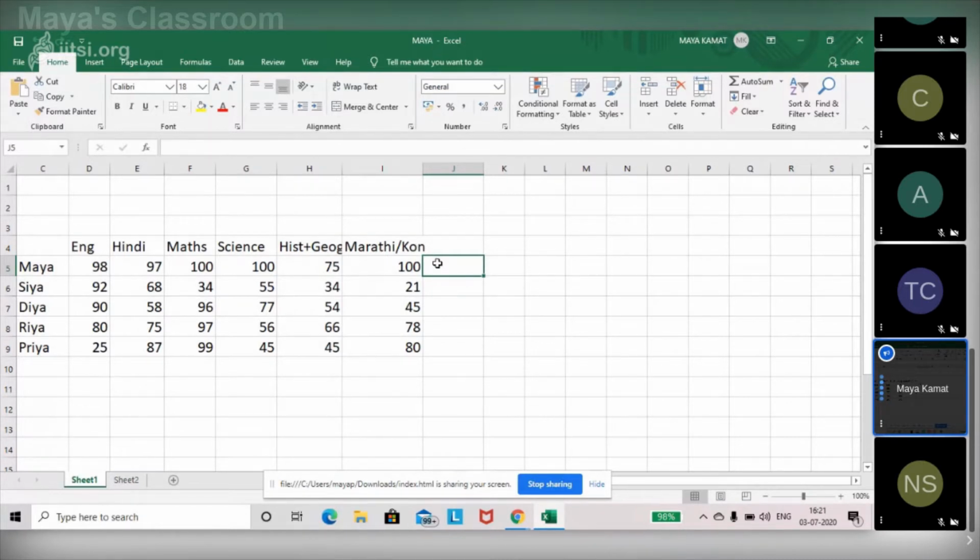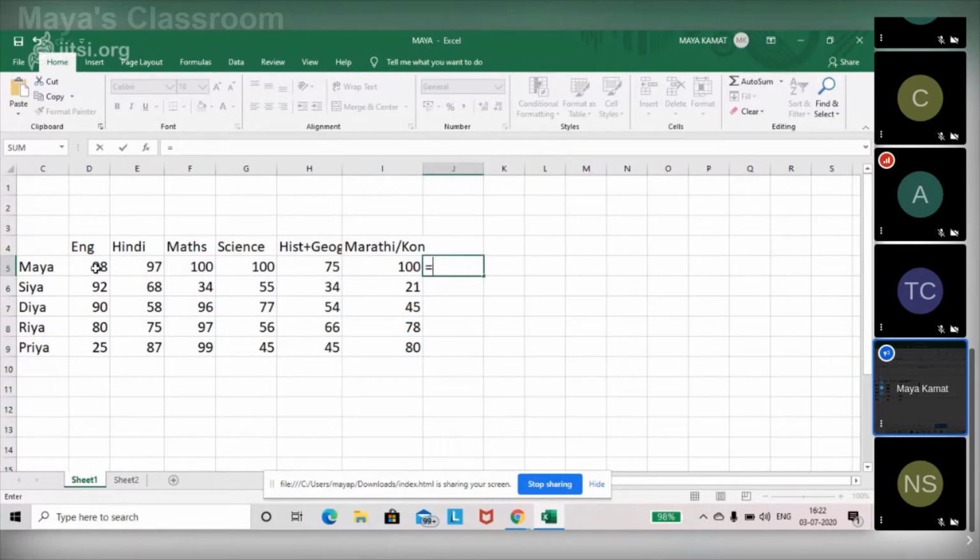As I mentioned to you earlier, every formula starts with an equal to sign, correct? So wherever you are expecting the results, in that active cell, you put equal to, and click on the cell which holds the data. So now I want to know my own total, so I've put an equal to sign.